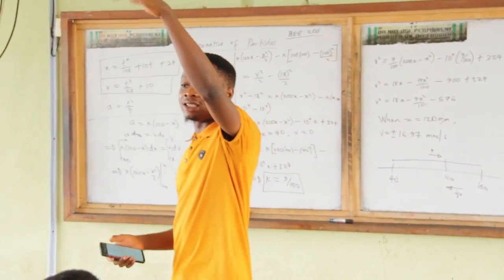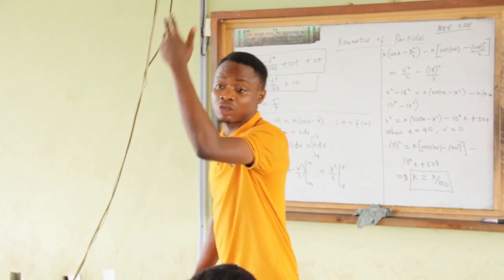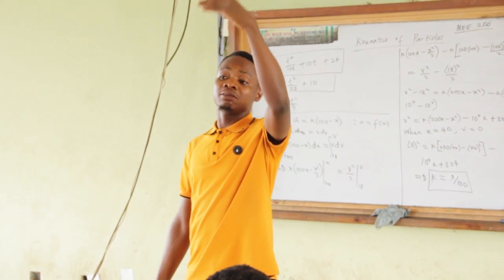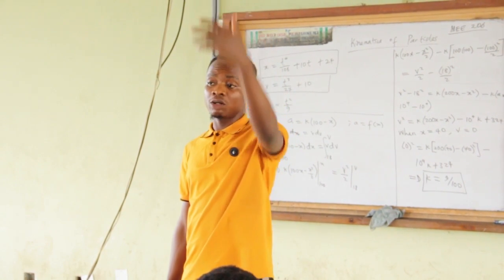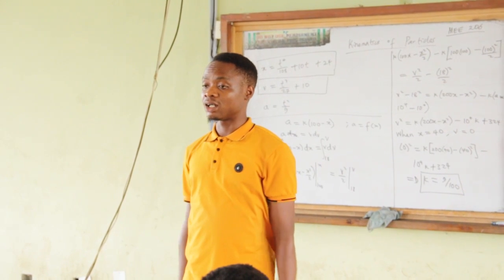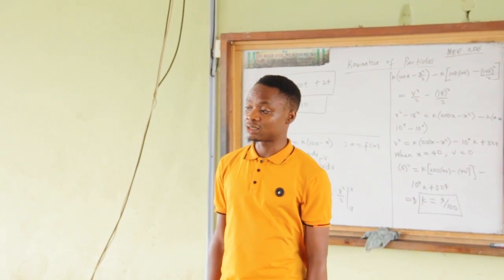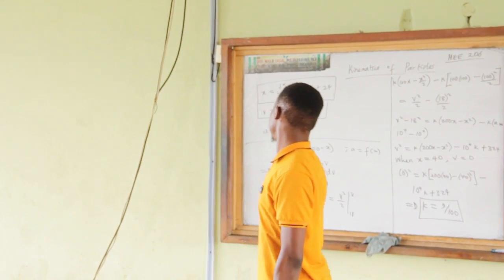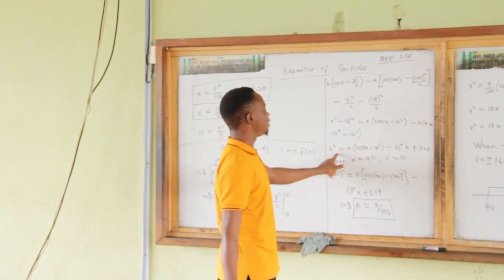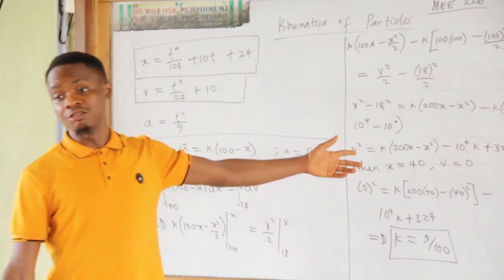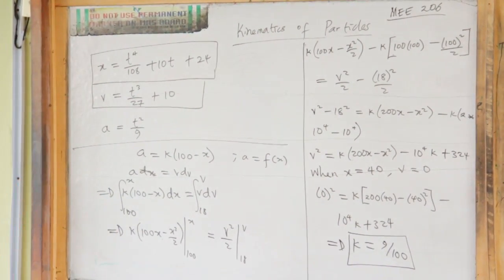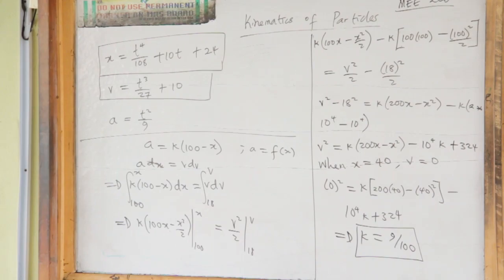At the maximum height of any projectile, anything that goes up, anything you fire, its velocity will become 0. Am I making sense? So you want to find y when v equals 0. That's going to give you the maximum height. So just carry out the integration that we just did, so that you get v in terms of y. Instead of v and x, you're going to have v and y. Just a change of variable. It doesn't change any